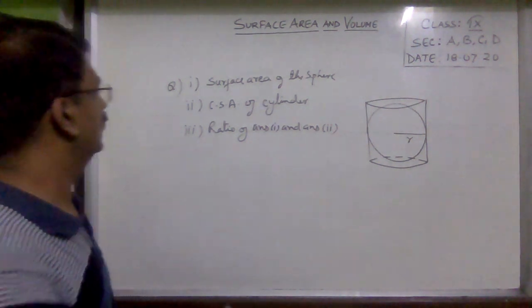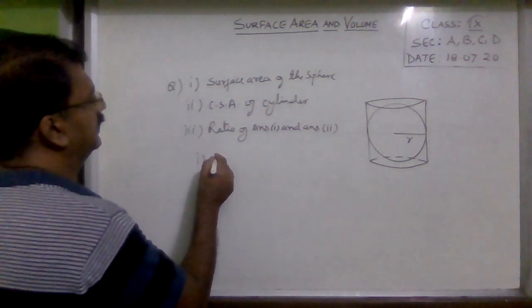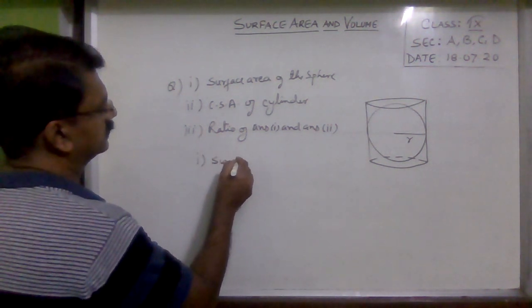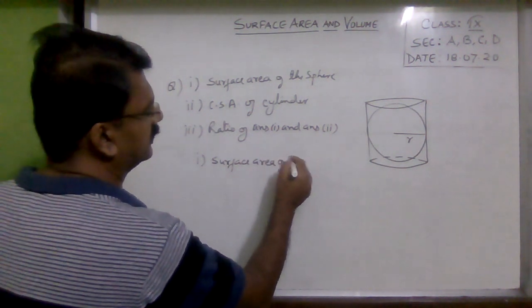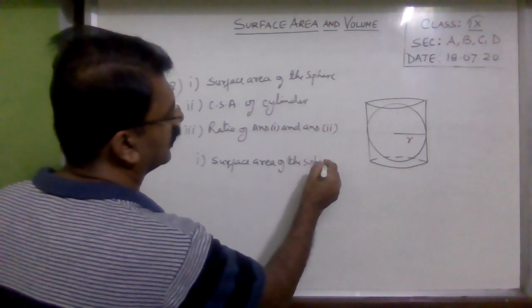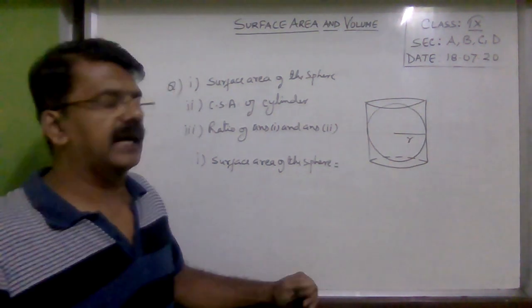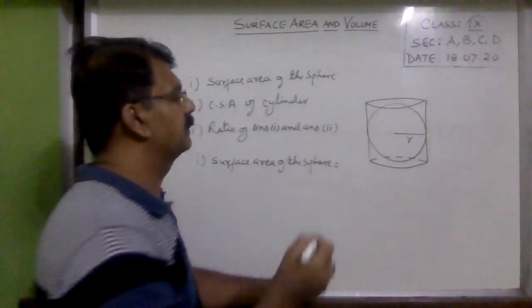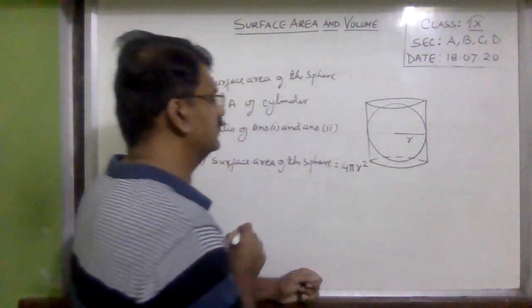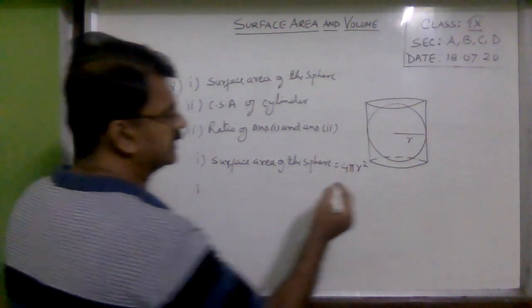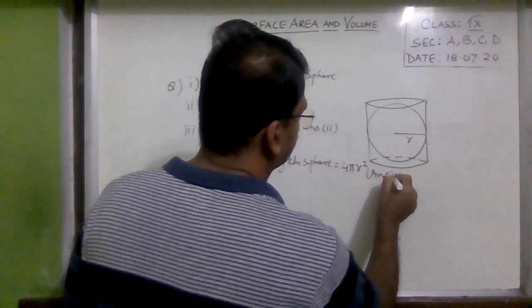So first of all, the answer to the first part, surface area of the sphere. All of you know that the surface area of a sphere is 4 pi r square. So the surface area is 4 pi r square. That is the answer. Okay. Now the second part,